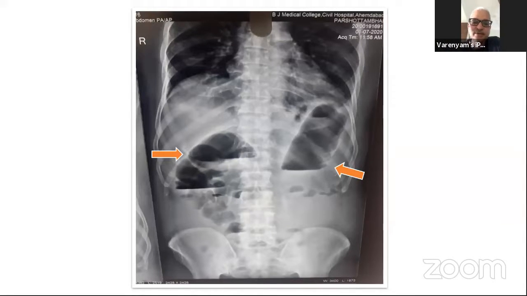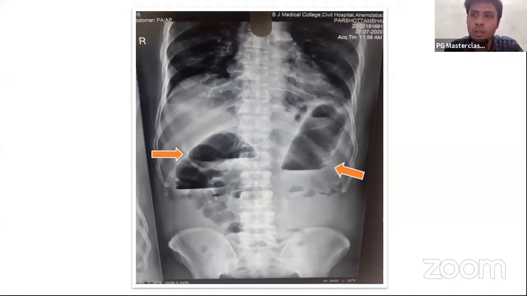Suppose this patient is having intestinal obstruction and you want to relieve it, you make a colostomy. What type of colostomy will you make? If we do resection and anastomosis, then we'll do. I'm talking about colostomy only, not resection and anastomosis. This patient is sick. You cannot do resection and anastomosis, and you want to do a colostomy only, or your sir asked you to make a colostomy. What type of colostomy will you make? End colostomy or loop colostomy?